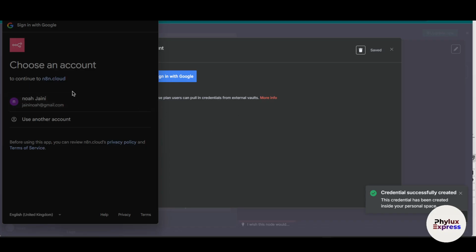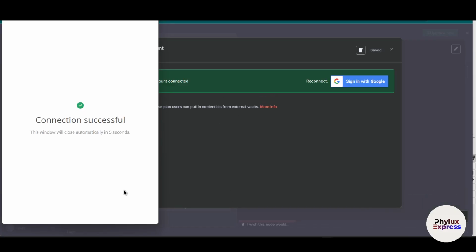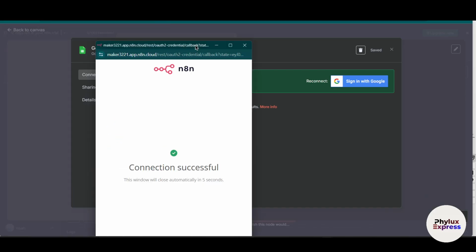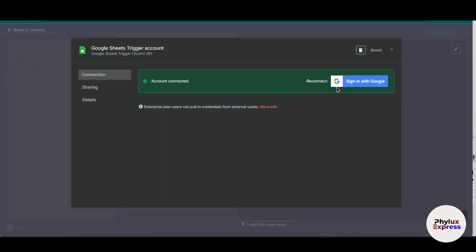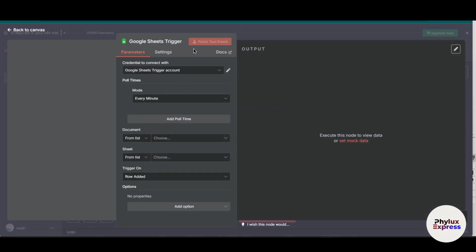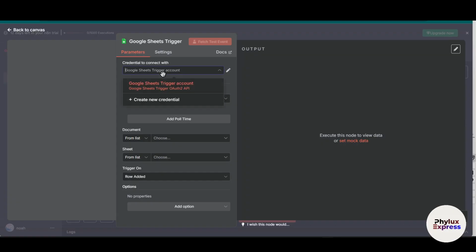And then from here you have to choose your account, select all the things, and hit continue. Right now this is connected, but if you are using the cloud version, this account is connected with the Google Sheet. But if you are using the hosted version, you have to set up a console over here, as you can see. So what you have to do is just simply choose a Google Sheet trigger,